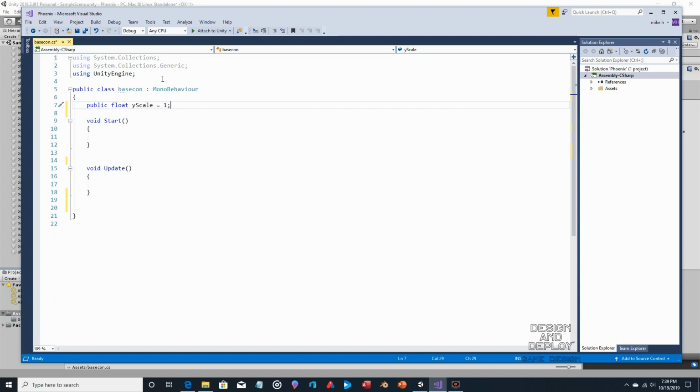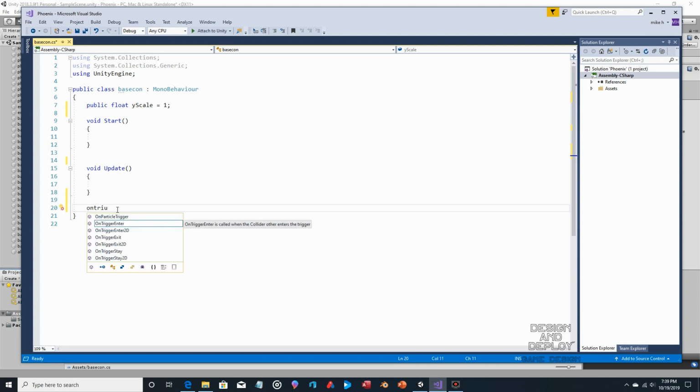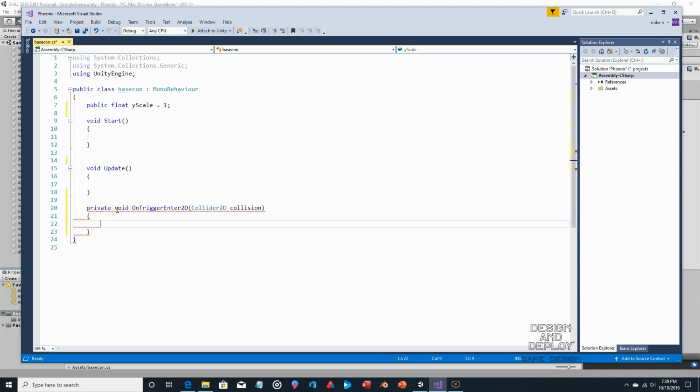With a little coding, we probably could, but it's not a big deal. So what we now say is on trigger enter 2D again. Use the 2D. And the other stuff pre-populated because this is Microsoft Visual Studio, and that's one thing it does